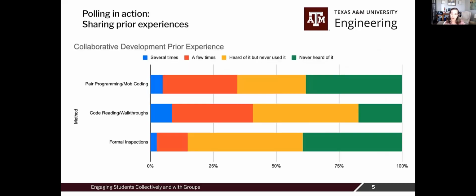So here's an example of one I used in my class this last semester. This is a computer science course where they're learning about software development principles and methods. And so we were going to talk through these different strategies. And so beforehand, I asked them, hey, tell me what kind of experience you've had. And it's a question that everyone can answer. There's no right or wrong answer. So it's very low stakes. I'm not using it in their grading or anything like that.